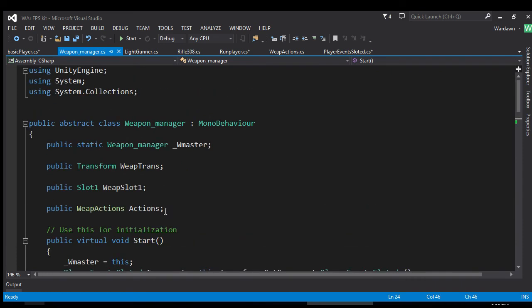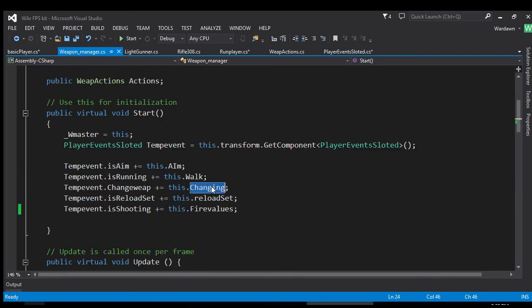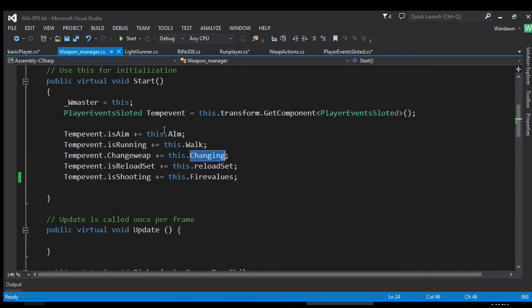Now, why do we have this in here? You're probably like, what's this? Sounds like something for the weapon to be subscribing to. And naturally you would be right. But the problem with using delegates, and this is the problem that I ran into, and you could probably find some other way to get over it, is